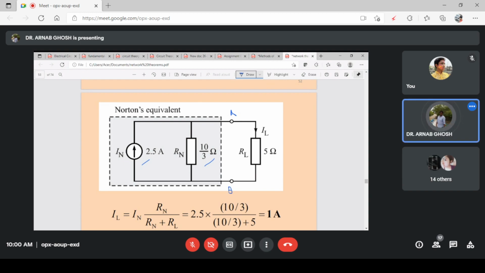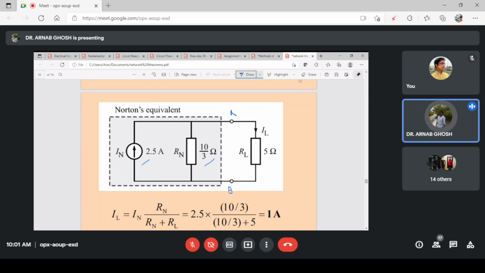Okay. Now first, this is for Schumann. I'm just repeating what would have happened in case of Thevenin's theorem. So you saw that in case of Norton's theorem, we just short circuited the two terminals of the load resistance, right? But in case of Thevenin's theorem, we will keep that open.